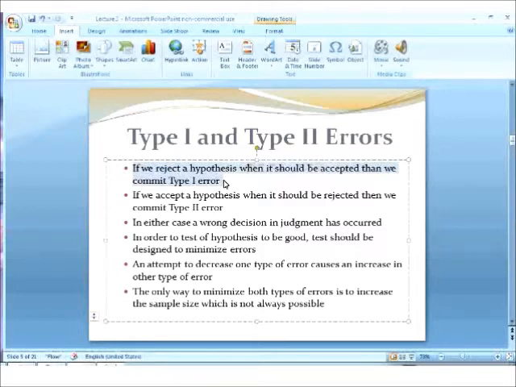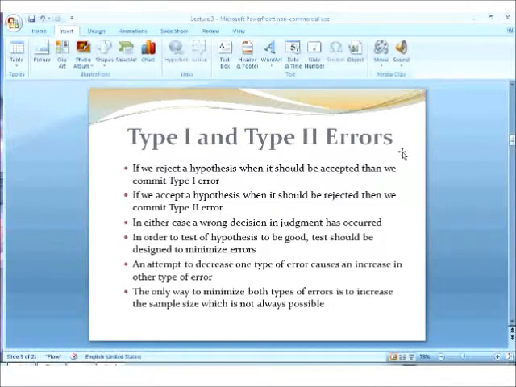However, it's not always possible to have a large sample size, and that is why we do probability, and that is why we do statistics, because we are not always talking about population. Population could be huge, so we always talk in terms of samples, and then a sample which is representative of the population. So to minimize these errors, the first thing is that your hypothesis formulation should make